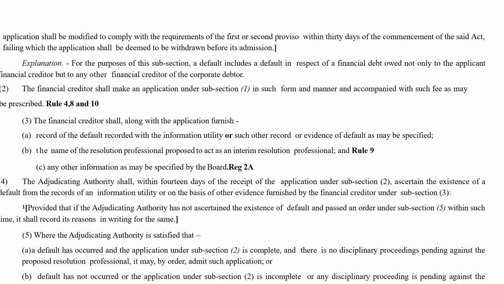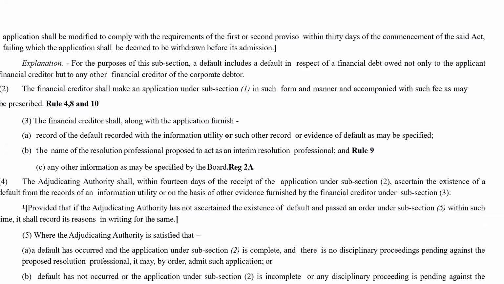And the Limitation Act also applies to IBC. So we have to see according to the Limitation Act. So the normal period is 3 years. 3 years is the normal limitation period unless the delay is condoned. If the delay is condoned, then the application could be entertained at a later date also. But normally it is 3 years from the date of the cause of action.